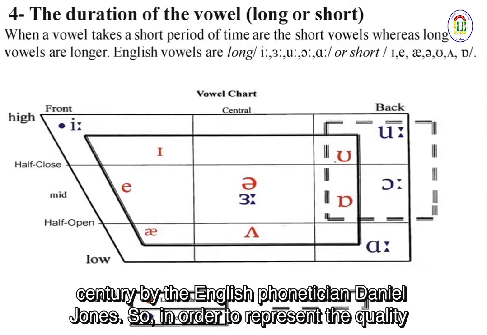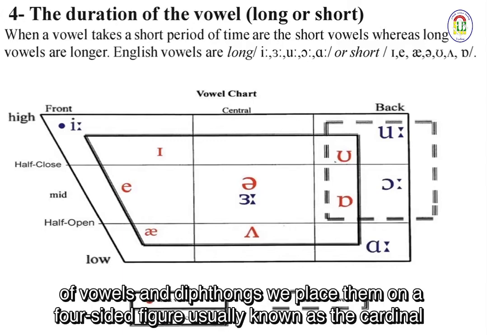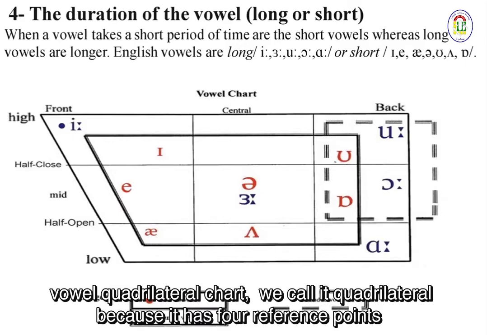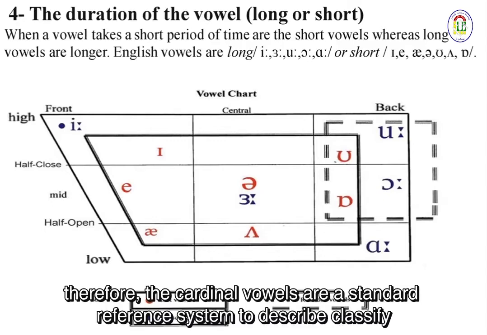In order to represent the quality of vowels and diphthongs, we place them on a four-sided figure, usually known as the Cardinal vowel quadrilateral. We call it quadrilateral because it has four reference points. Therefore, the cardinal vowels are a standard reference system to describe,